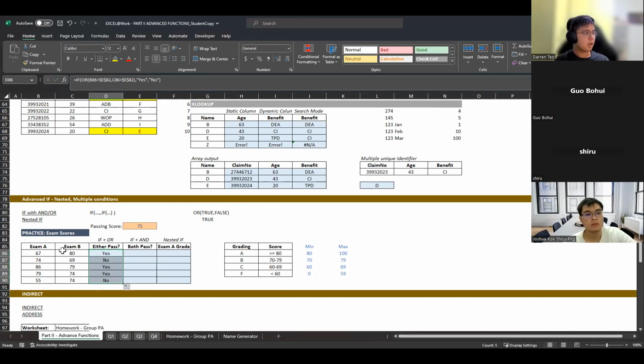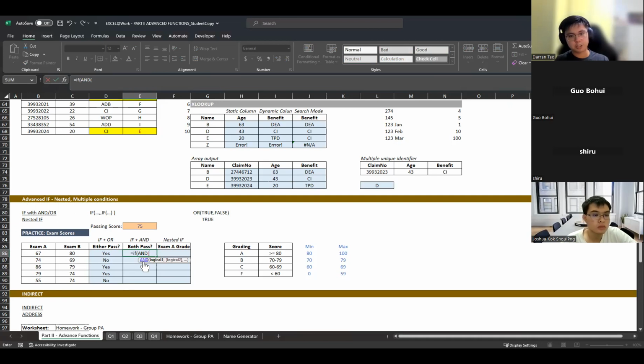You see that if this passed, I passed. This didn't pass, I didn't pass. These two failed my criteria, so these are no. Let's move on to both pass. If both pass, then it's just changing the OR to an AND, because AND is a little stricter. I have to make sure both conditions are true, then it will return true.